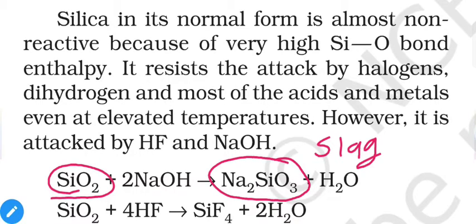All you have to do is add SiO2 to the mixture of impure metal, and impurities will combine with SiO2 to produce slag. And slag has comparatively lower density. So when we heat the mixture, molten metal will be at the bottom and slag will float on the upper side. And we can remove this slag. So silica is used in metal extraction as well, and you will learn about it in standard 12.